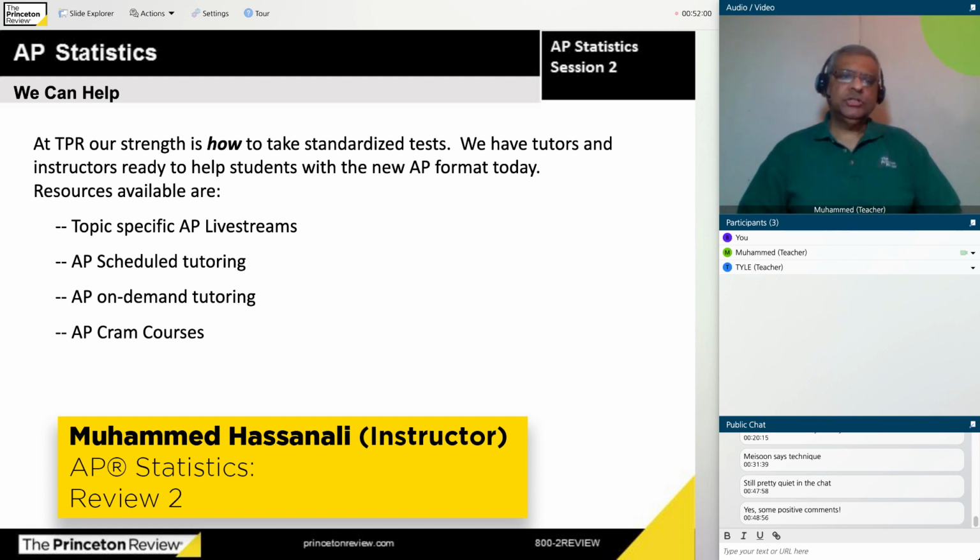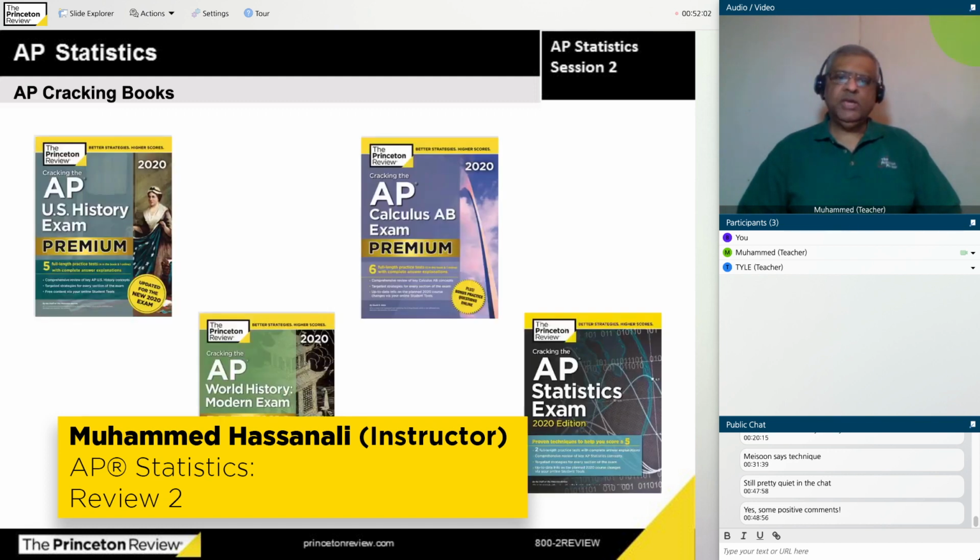In addition to all of this, we have our wonderful cracking books. We call them the cracking books, and these are the cracking U.S. history, modern history, calc, stats. I had to put the stats one in there. This is, after all, a stats session, so I had to put that one there. But that is there. If you are going to study for a standardized test, what you have to realize is